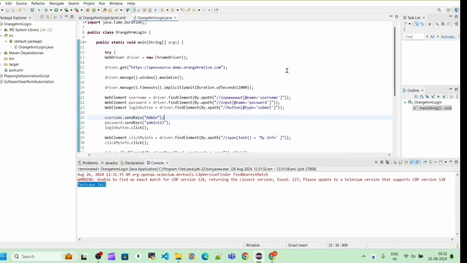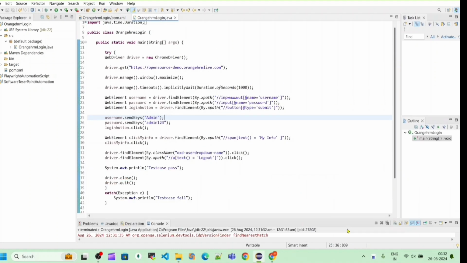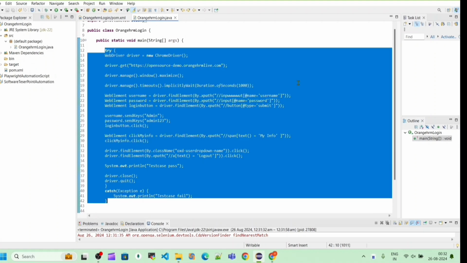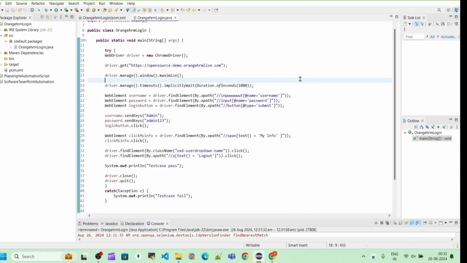So this is a simple automation script, guys. This is how we need to write the automation script. In a future video, I will add a different thing, where I can add TestNG for